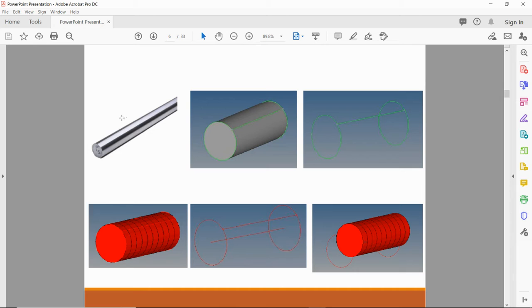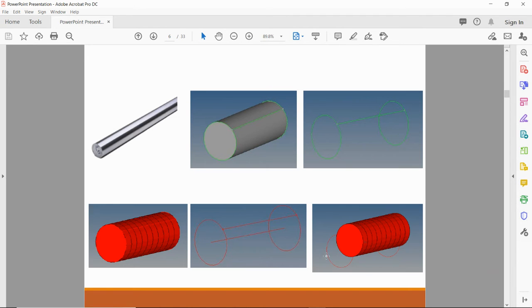Here you can see there is one rod. This is the cross section of that rod, and here you can see the wireframe model of that rod. If we create the mid surface at this top line and then assign the thickness for that mid surface, then the geometry captured by that thickness is not correct.